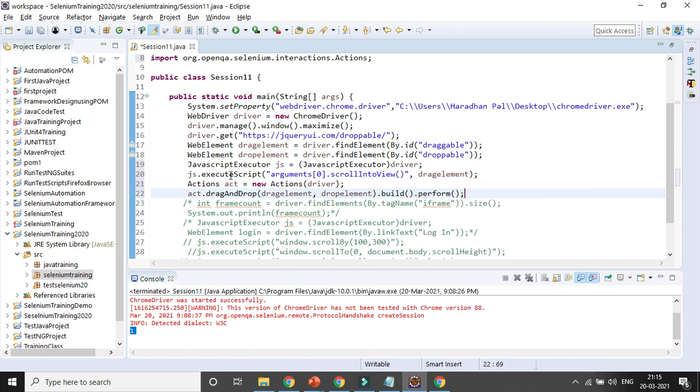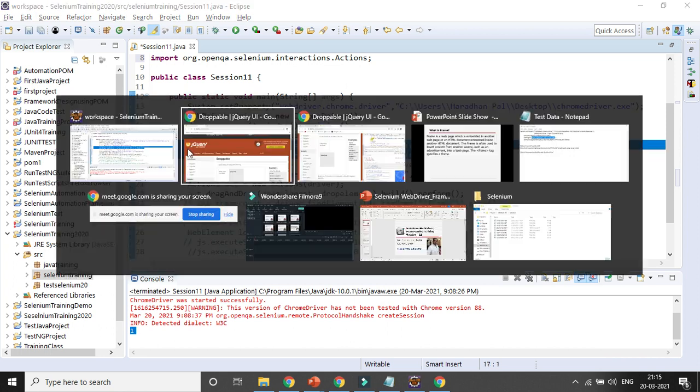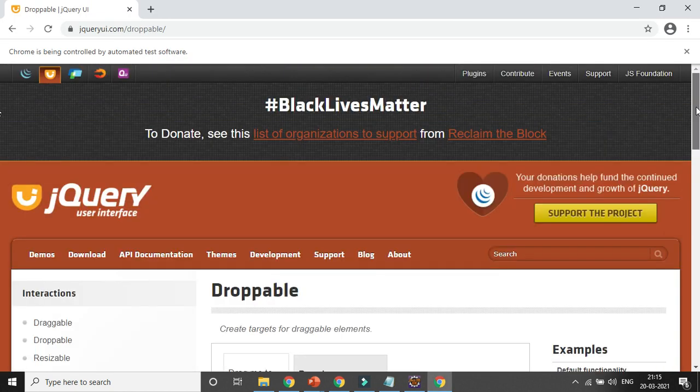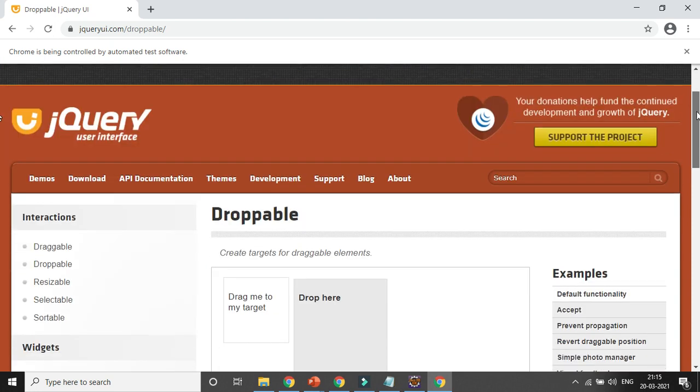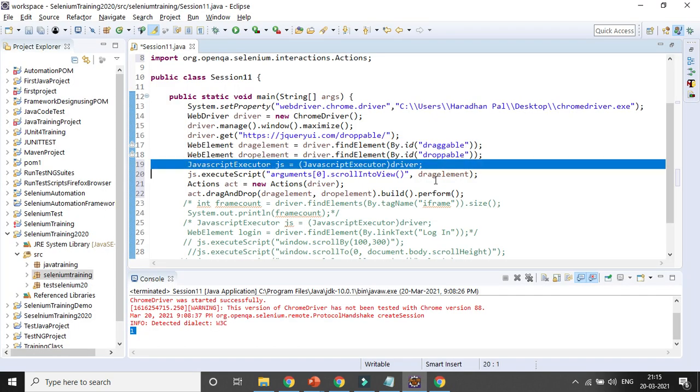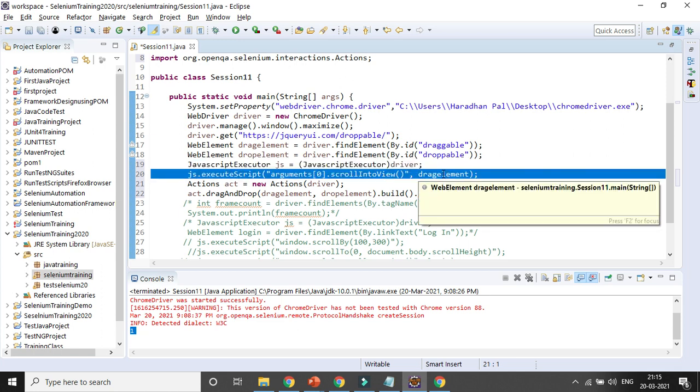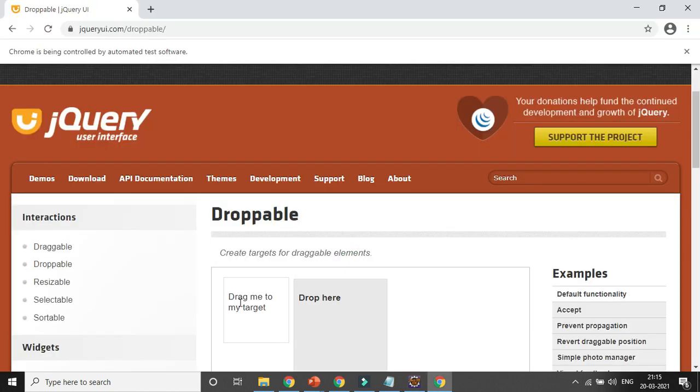Okay, so first I am identifying two elements. One is the element which I will be dropping in some place. So this is the drag element. That element I will be dropping into the droppable part. So I am identifying these two elements with the help of id available. Then as this is not easily available in the default 100% zoom page, I am moving my scroll bar to fit that object. That is the reason I am creating a JavaScript executor, and then I am moving my cursor to the drag element, so that immediately I identify the element, then I will be using and placing it.